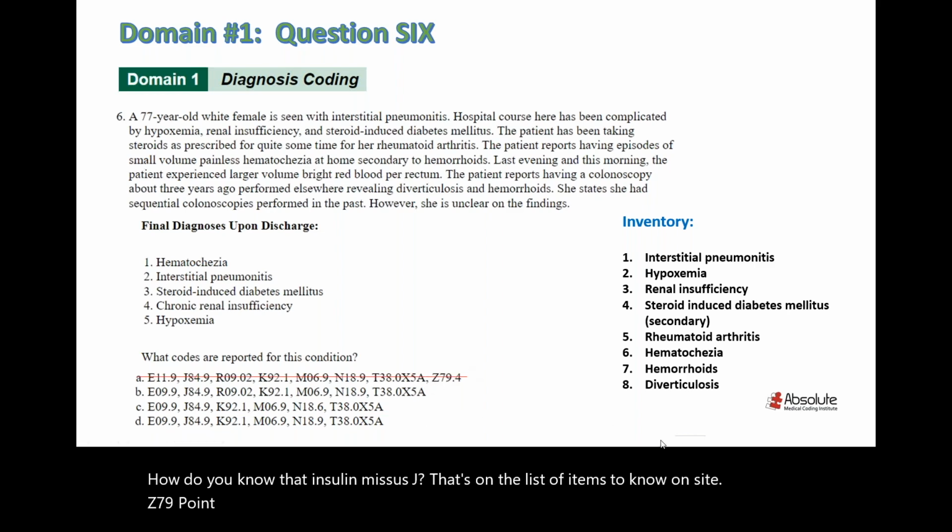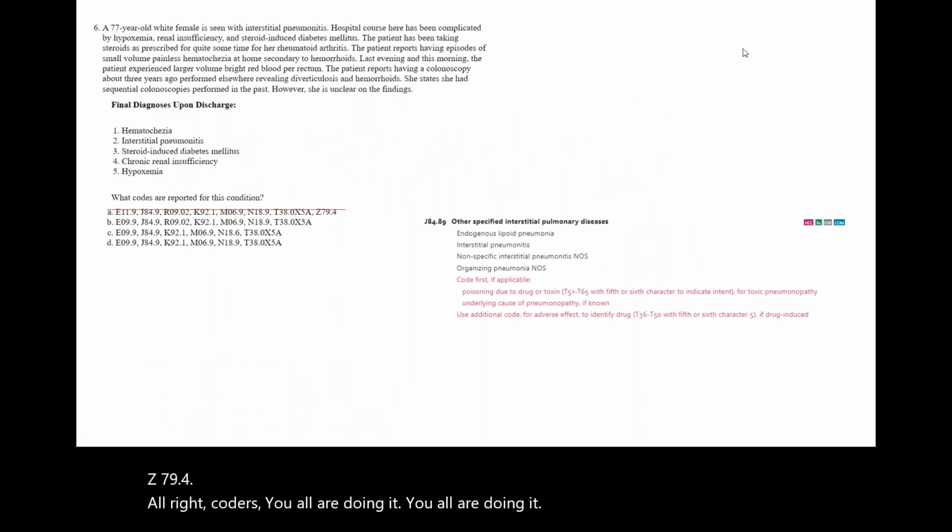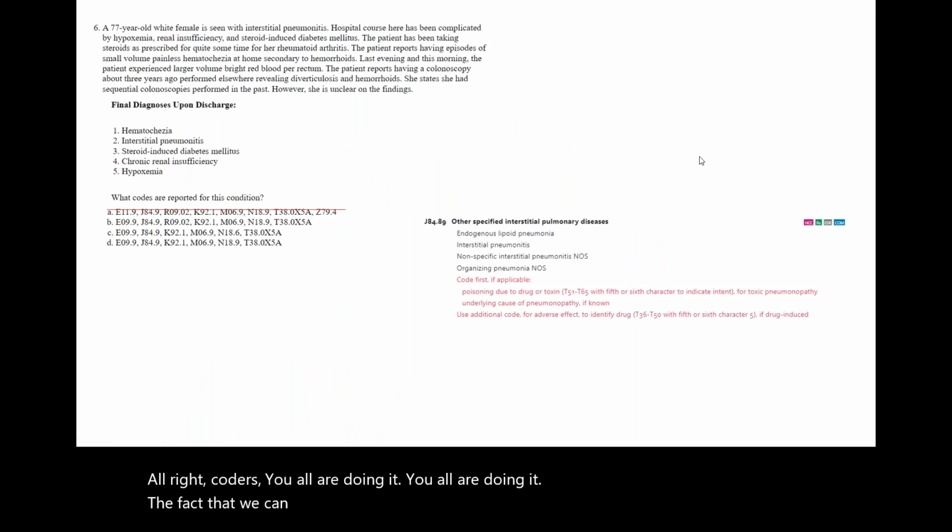Z79.4. All right, coders, you all are doing it. Outstanding. The fact that we can even have this grown folks conversation, right, says a lot. All right, next. What are you doing here, Mrs. J? You're at the J, I'm at